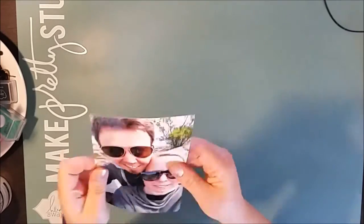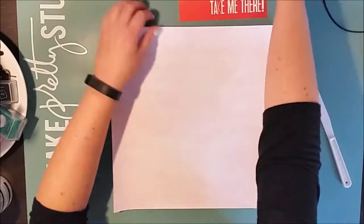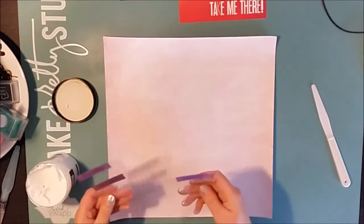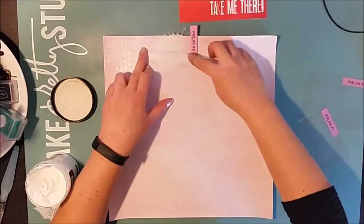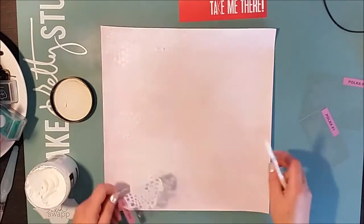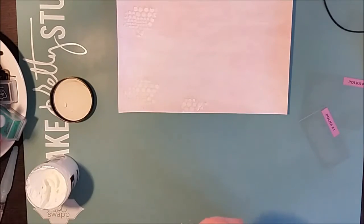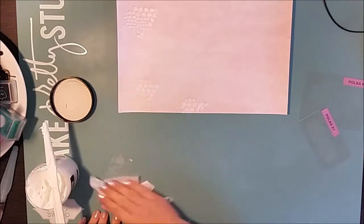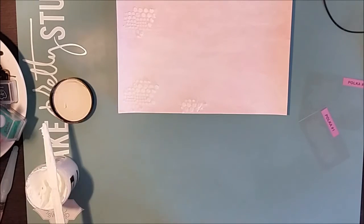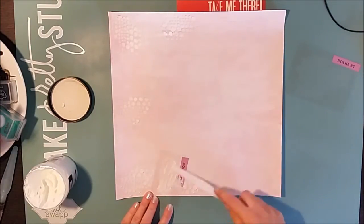This is also with a new scrapbooking process video, and today I'm sharing a mixed media piece with one photo of me and my hubby, and this photo was taken this summer when we visited one of these really nice seaside, like in the outer archipelago where my mother lives. She doesn't live in the islands, but she lives close to the coast, and we can go to visit some of the really coastal or